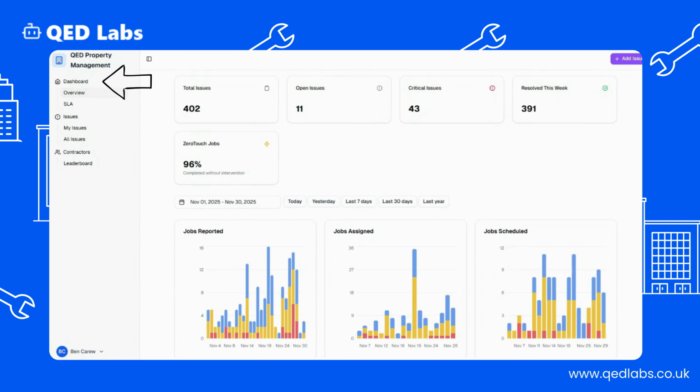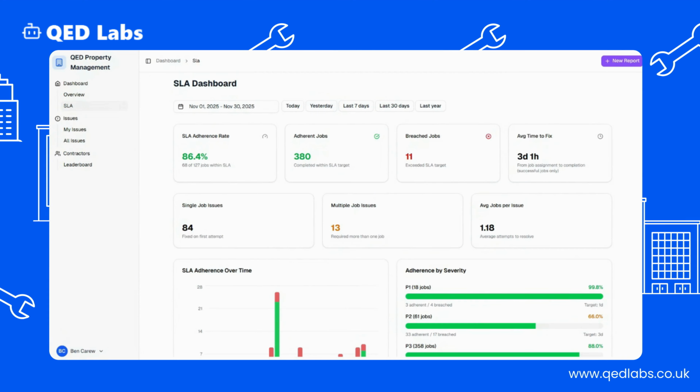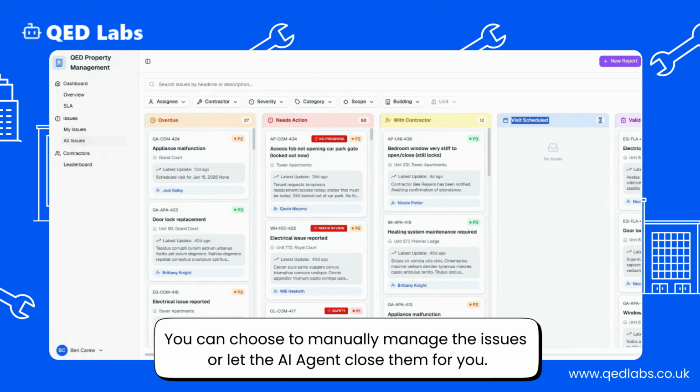You can see firstly that we land on a dashboard page showing the current overview of all our repair and maintenance issues, including breakdowns by severity, and remember you can set your own thresholds, and even the number of no-touch jobs completed by our AI agent, in this case 96%. The next item in the left-hand menu is your SLA adherence, allowing the organisation to clearly monitor performance and track improvement measures put in place. The next section in the menu is where we'll find our newly reported issue for our Misty window that we raised earlier on in the demo.